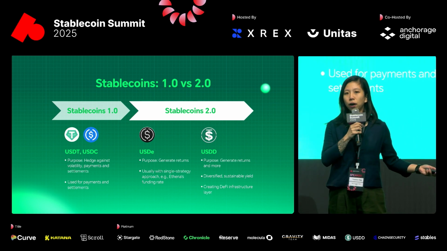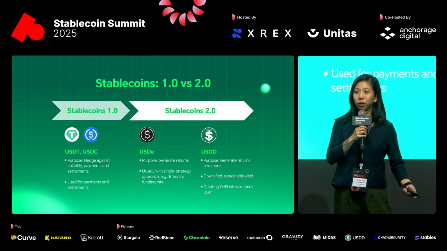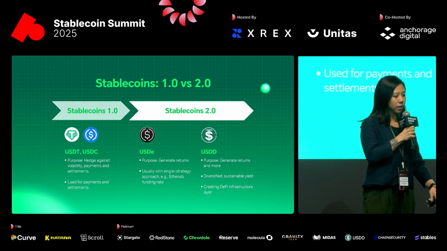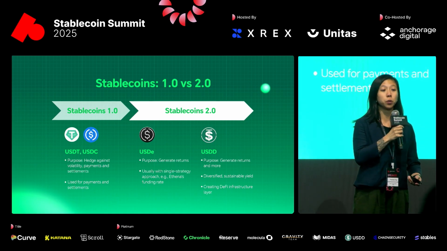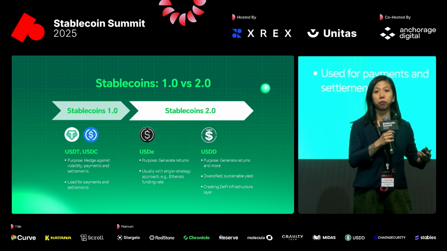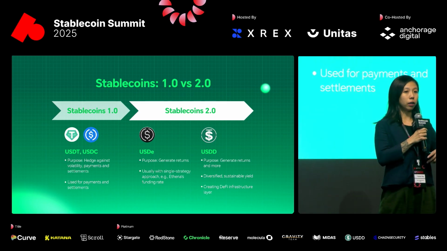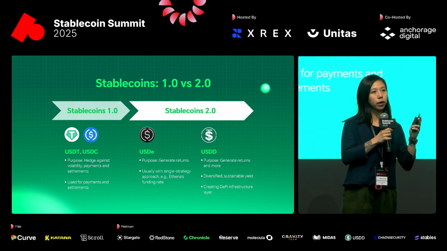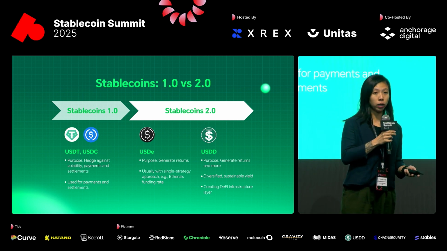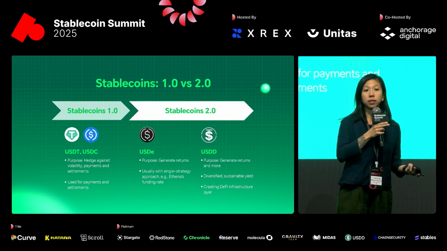Users weren't satisfied with stablecoins just holding their value anymore. They wanted them to do more. They wanted them to increase in value, to generate revenue, to get returns. And this was what led to Stablecoins 2.0. And Athena's USDE, who was just on stage just now, was one of the first yield-bearing stablecoins that really became very popular. And they were very successful, but they had a pretty single strategy approach, a very narrow approach to yield, which worked very well, but in a way, it's also fragile.